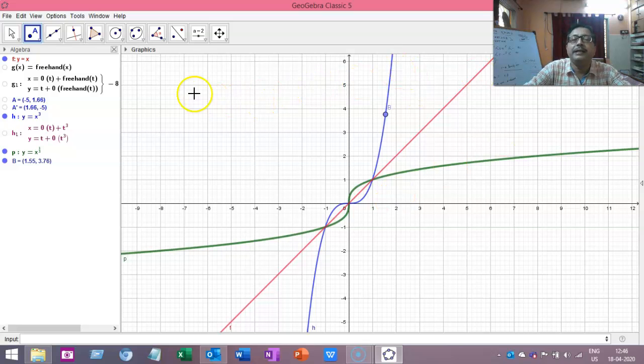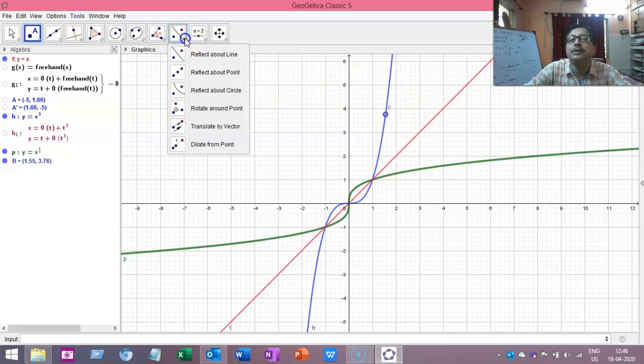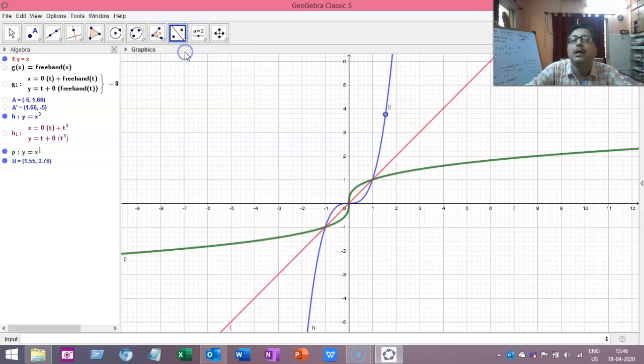If I take the reflection, I have to choose the reflection tool. I have chosen it. I'll click on it, then this one. See the reflection. We have got, the reflection has become 3.76, 1.55. Initially B was 1.55, 3.76. Here you got